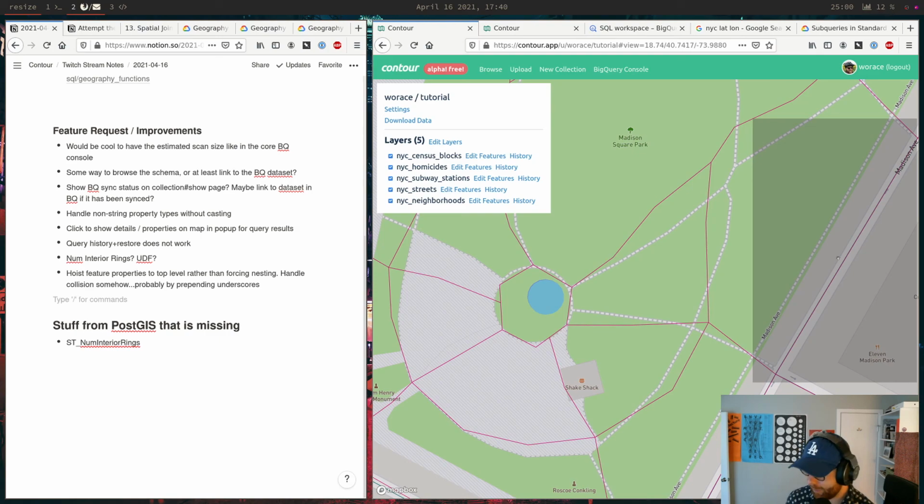My hope here is if I get this thing working and get the UX a little bit refined, I would love to be able to do workshop style things with it, like a GIS spatial SQL workshop, and have people come in here and try it out. I think that would be really cool, but I'm not quite there yet. So, baby steps.